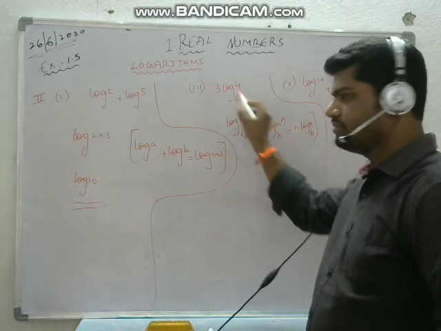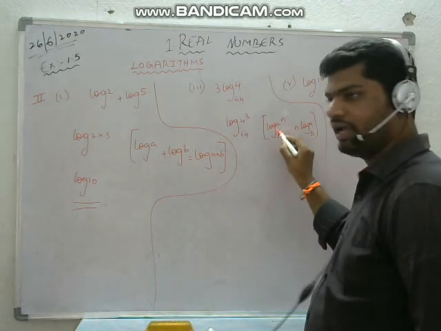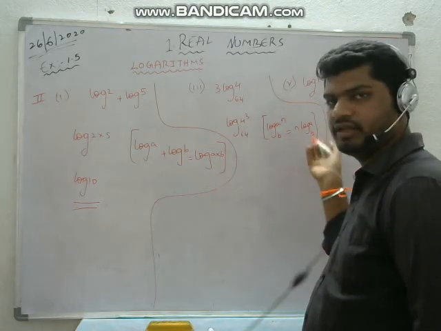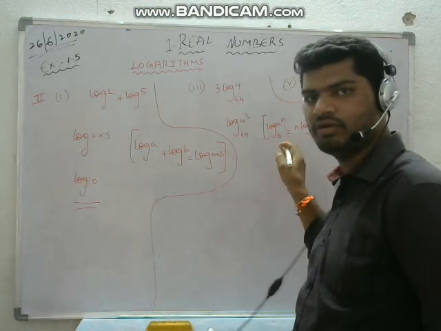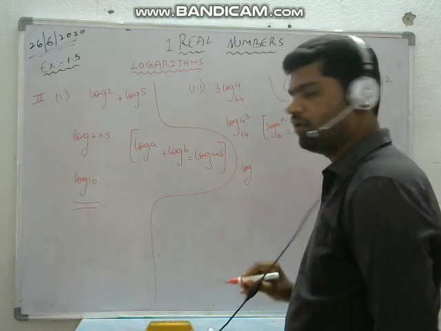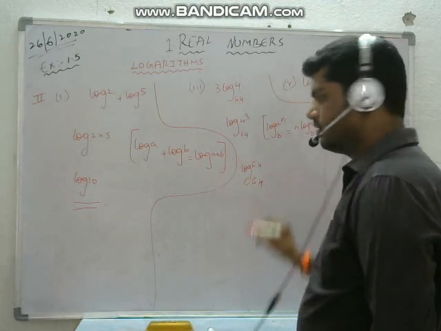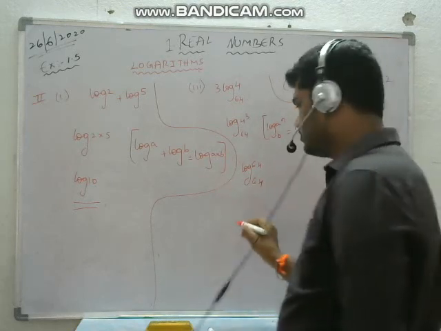Here these two are similar. N log a base b you can write as log a to the power of n base b. You can also write it in reverse because both are equal, no? So I am applying this. Now 4 cubed means what will you get? 64, and the base is 64.